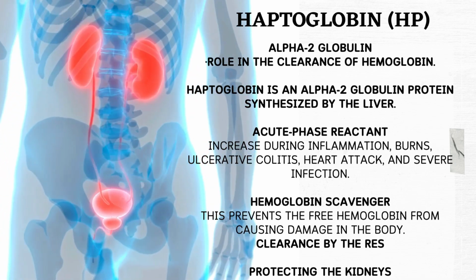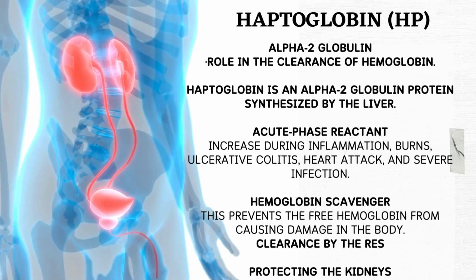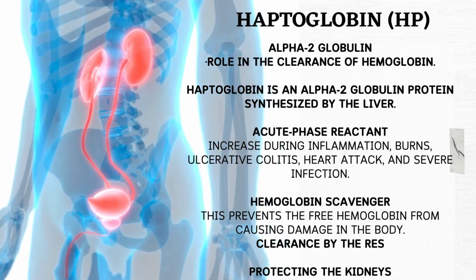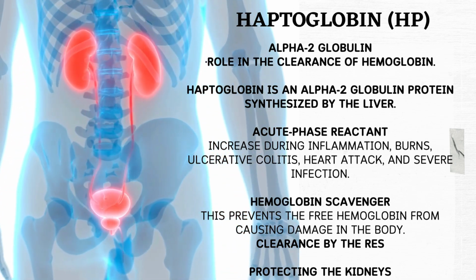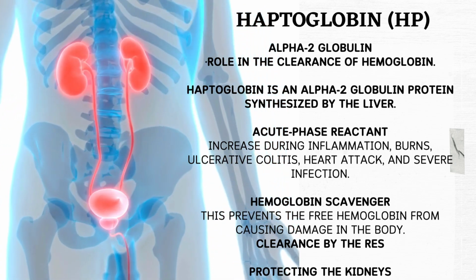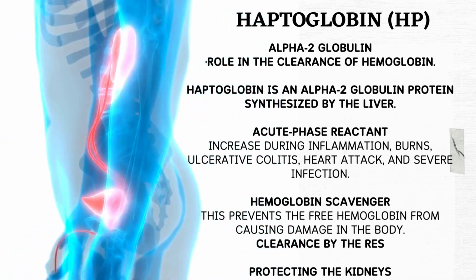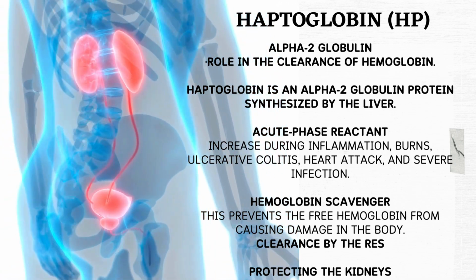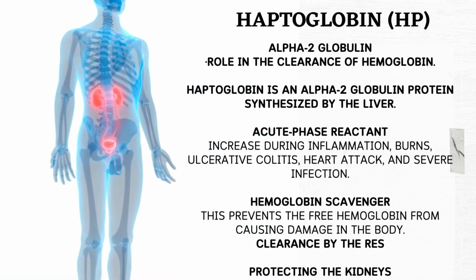Haptoglobin, the hemoglobin hero. Haptoglobin, HP, is a critical player in the alpha-2 globulin team, with a fundamental role in managing hemoglobin, the iron-rich protein responsible for oxygen transport in red blood cells. Made in the liver, haptoglobin is an alpha-2 globulin protein synthesized by the liver. Acute phase reactant, like some other globulins, haptoglobin levels can increase during inflammation, burns, ulcerative colitis, heart attack, and severe